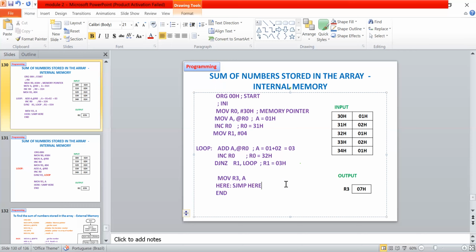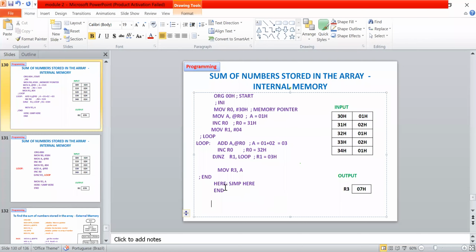So this is all about the program. So now we have added the sum of numbers in an array, right? That is sequentially loaded in the corresponding address. So this data we have added, finally we have stored in the R3 register as per this program. So if you take any program, there will be a start, there will be initialization, and there will be some loop program, exact program. And here you'll be storing the result, finally ending, right? So finally ending program.